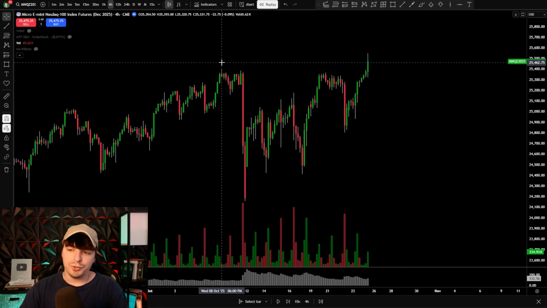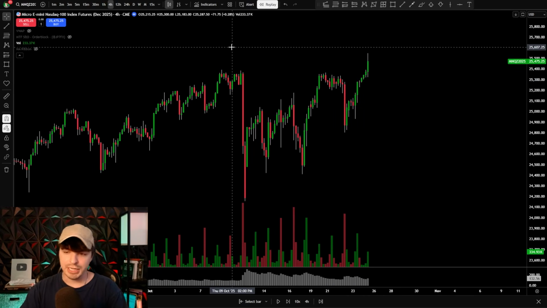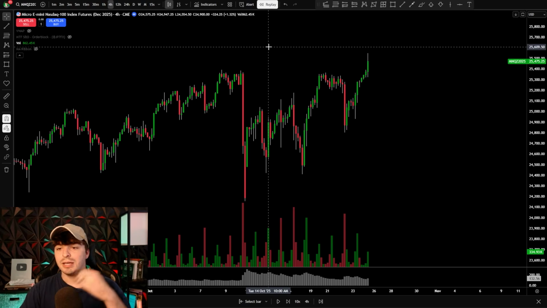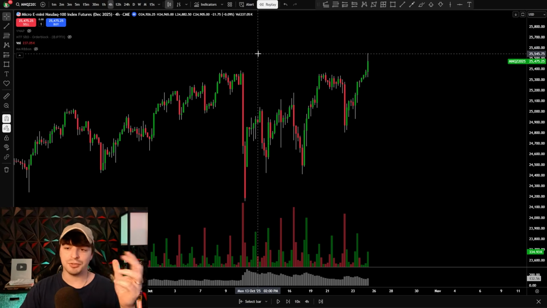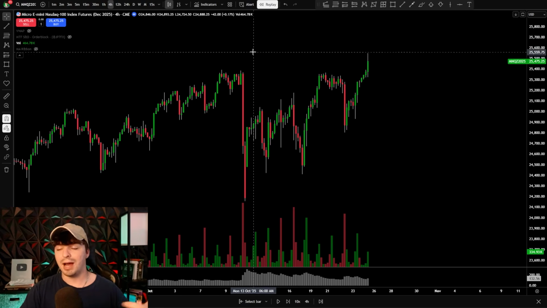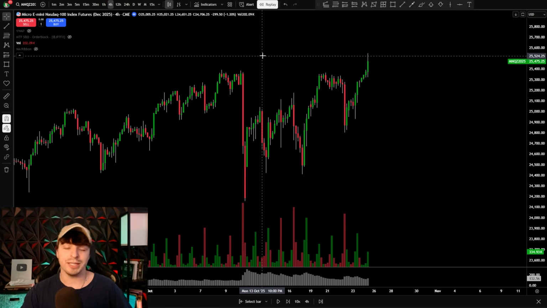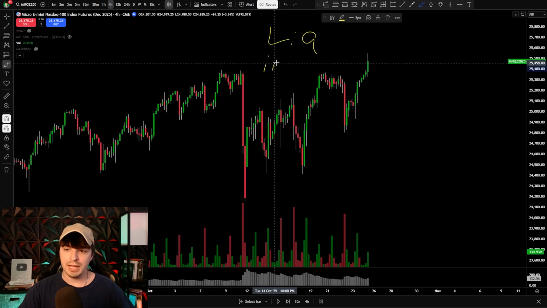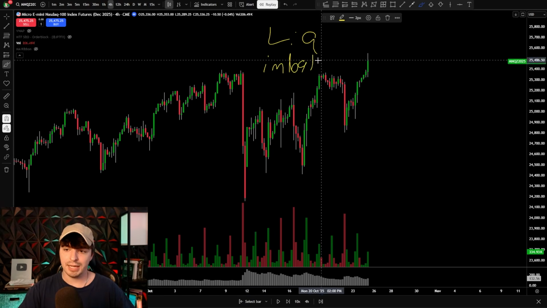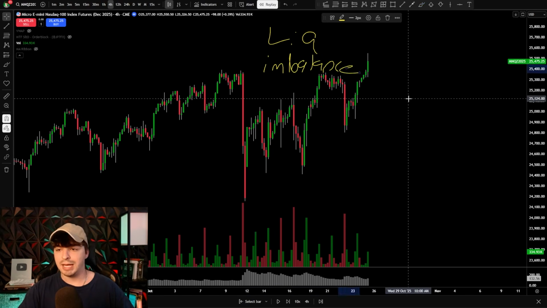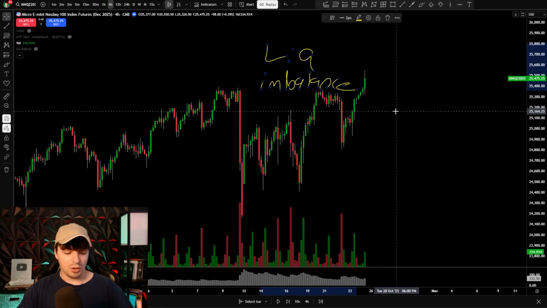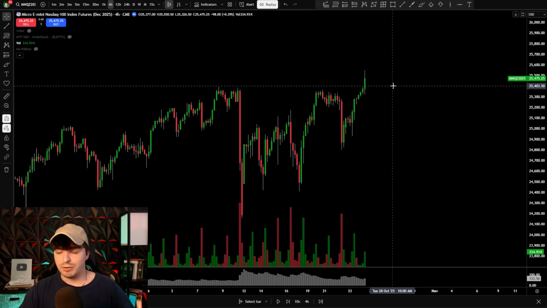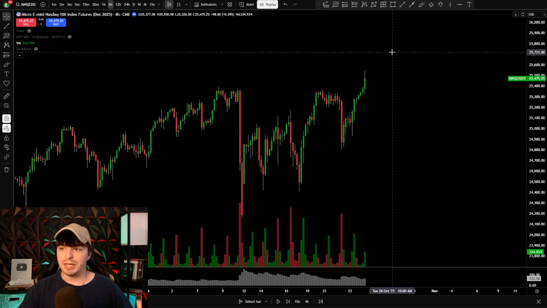Before we get into the nitty-gritty, you need to understand what moves the markets, okay? And what moves the markets, there's pretty much two concepts, in my opinion, that are the only two concepts that you need to understand where price is going and how and when it's going to turn around or continue, okay? And that is going to be liquidity and imbalances, okay? AKA supply and demand, AKA order blocks, okay? So if you don't know what liquidity is, and if you don't know what supply and demand is, or an order block, it's pretty simple, okay?